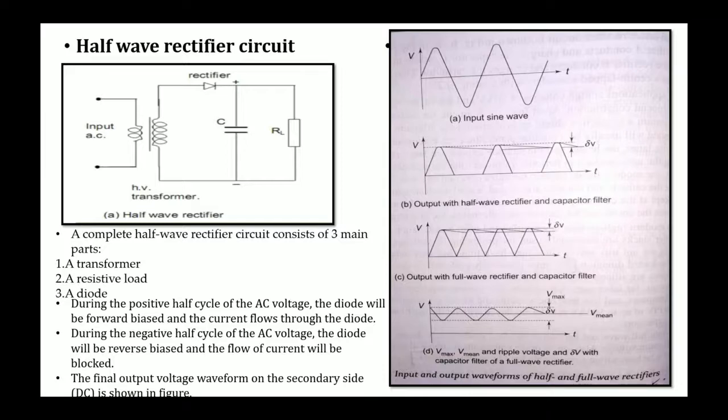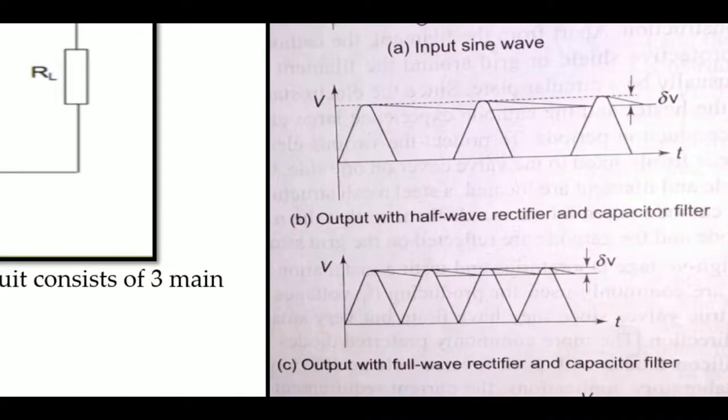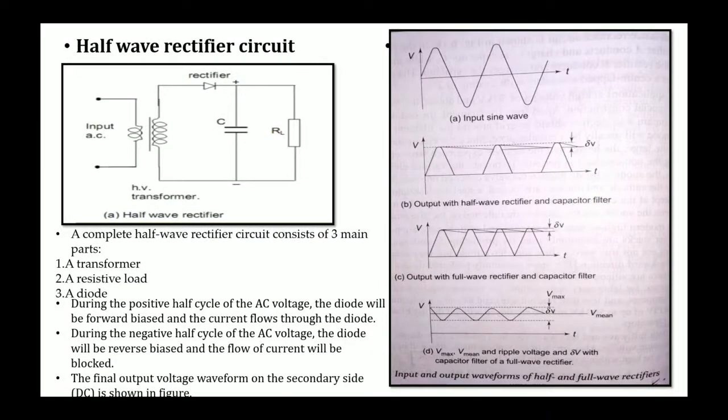This ripple voltage is to be kept as low as possible. How can it be kept as low as possible? By choosing proper capacitor filters. This is all about the half wave as well as the full wave rectifier circuits. Using these rectifier circuits, which voltage are we going to generate? That is high DC voltage. Keep it in mind.